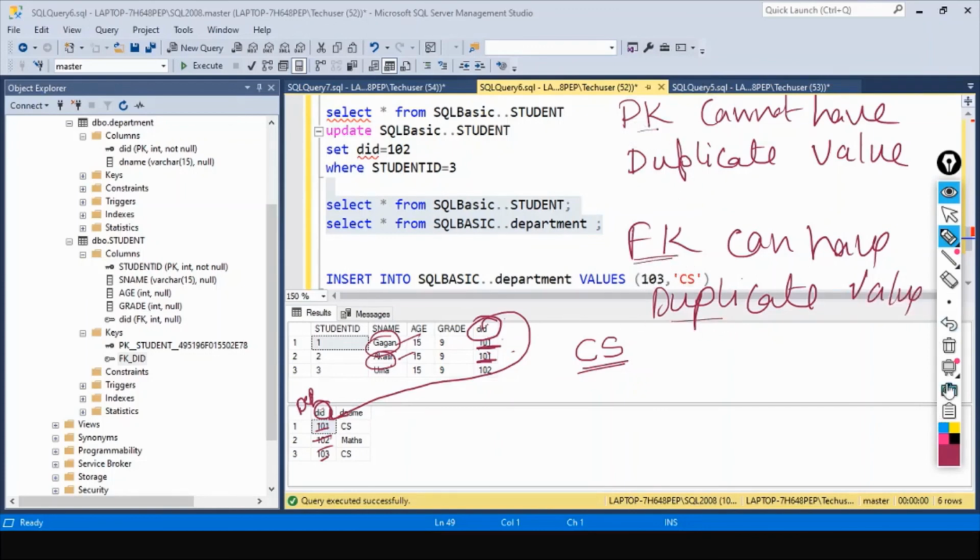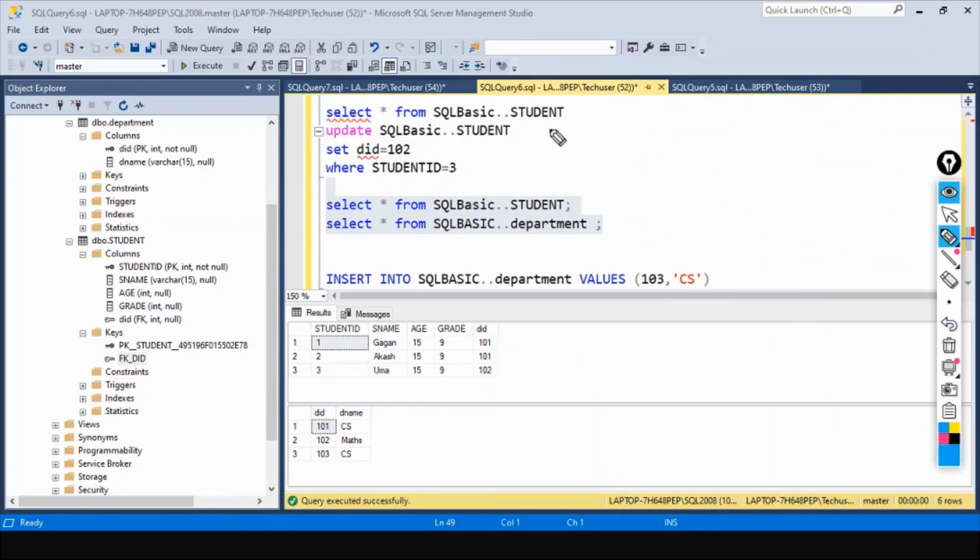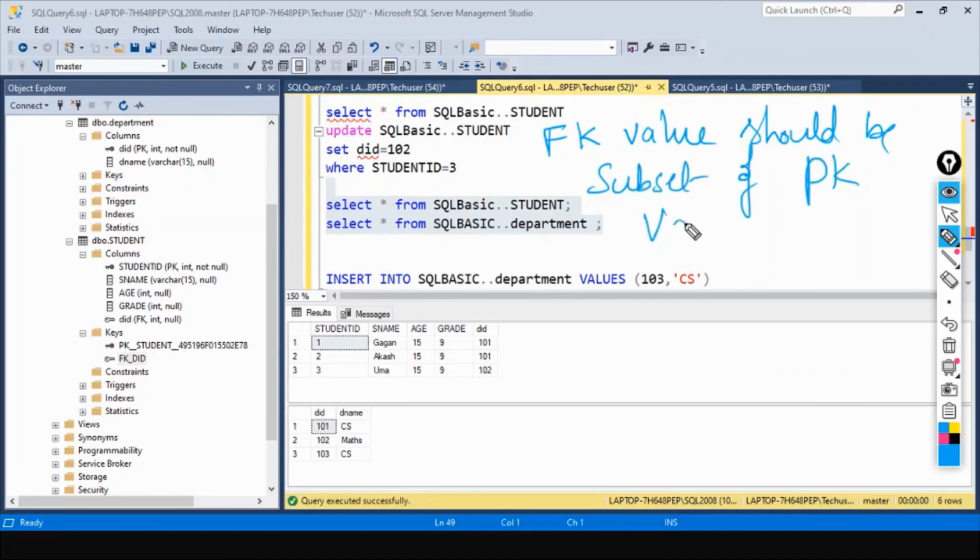The next point is pretty important, a very important one. Foreign key values should be a subset of the primary key values which you are referring to.